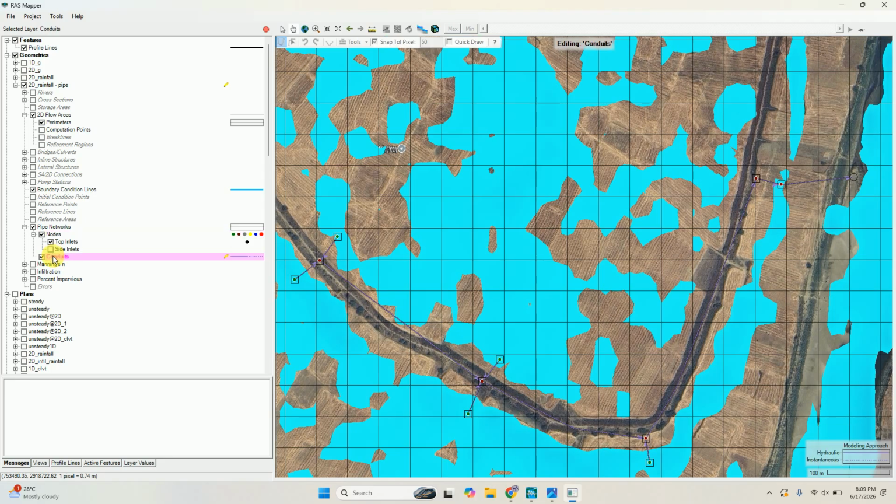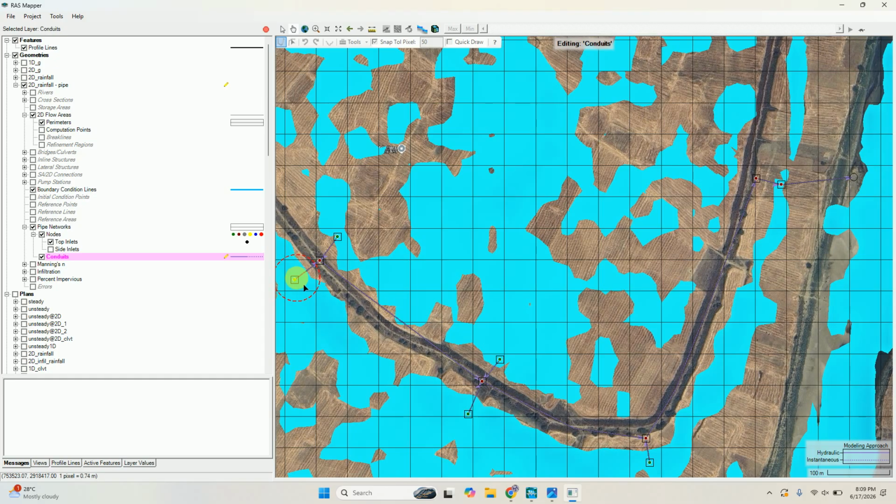Okay, after going to conduit you have to start edit, and after starting edit you have to start from one node to the junction, and you have to double click here. Okay, and again you have to start from this node to this junction. You have to tell it the flow path. If you are coming from this direction to this direction, the model will understand water will come this way. And if you start from here to here, the model will understand water is coming from here to here.